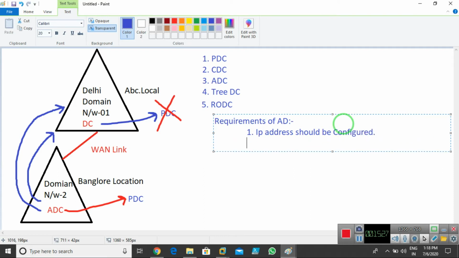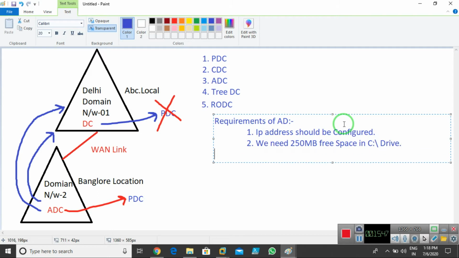Number two, we need free space. We need 250 MB free space in the C drive, or wherever your operating system drive is.